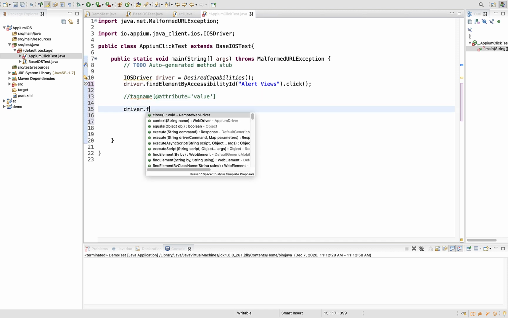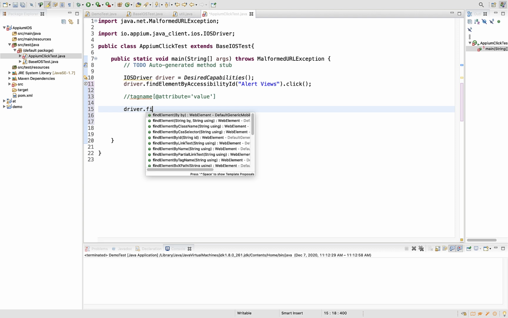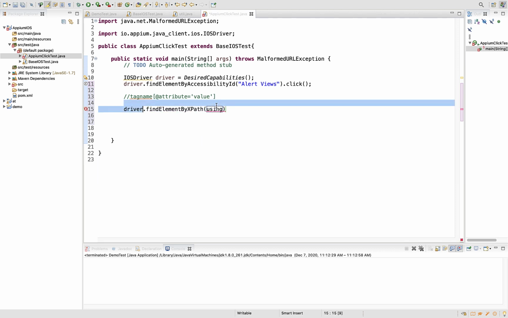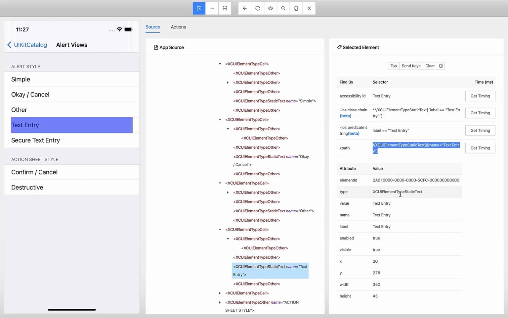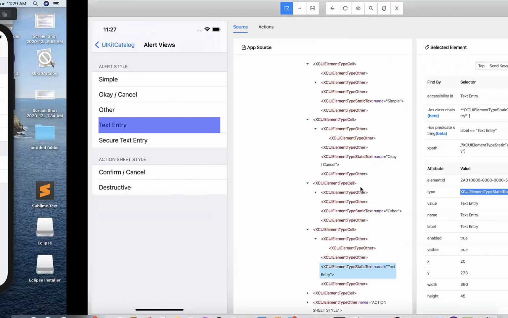So let's build that. Driver dot find element. You should get a suggestion. Let's not write something like this. Yes, by dot XPath. Tag name is this XCUI element type static text. Okay, where is our Eclipse?